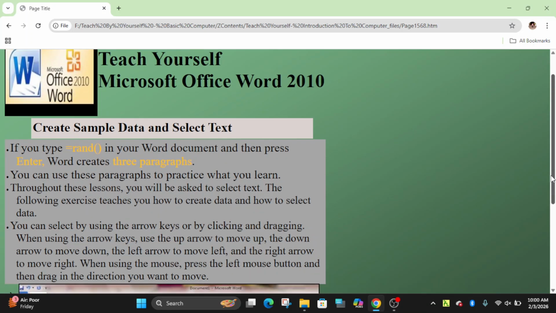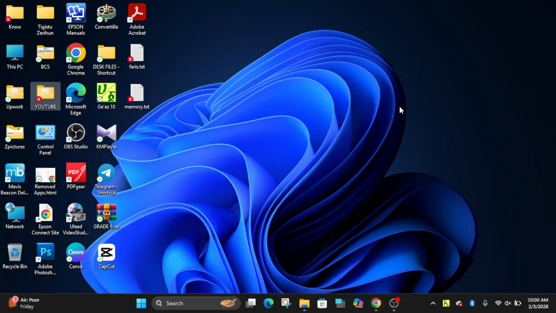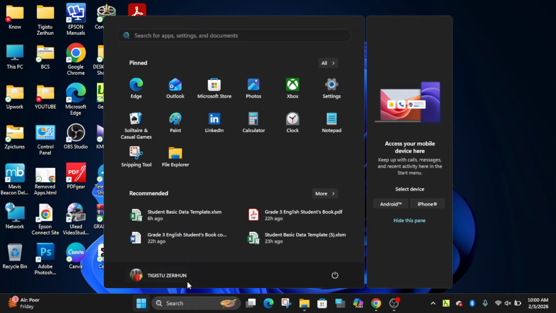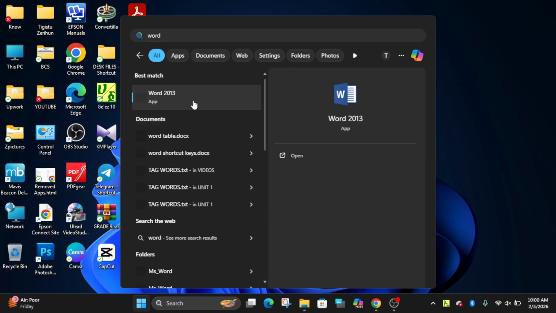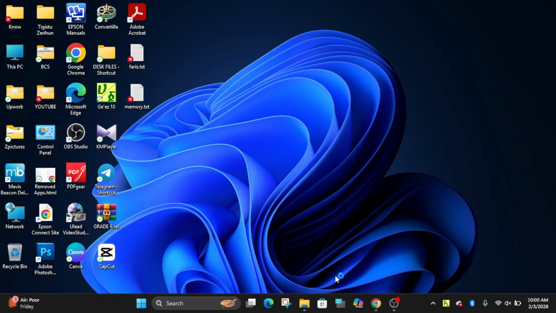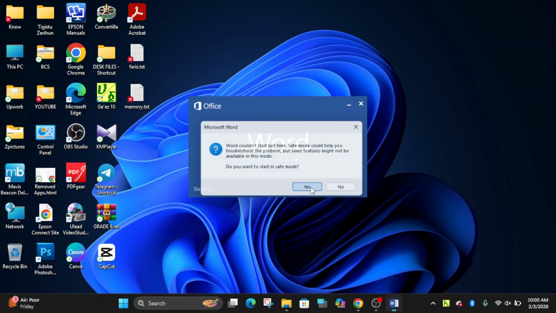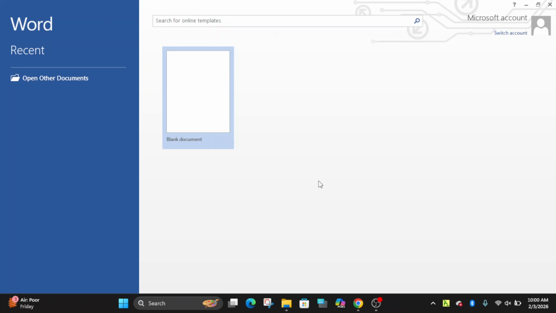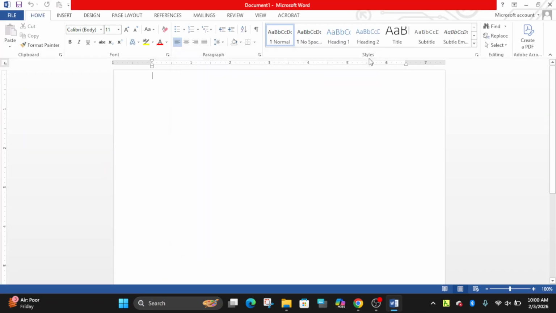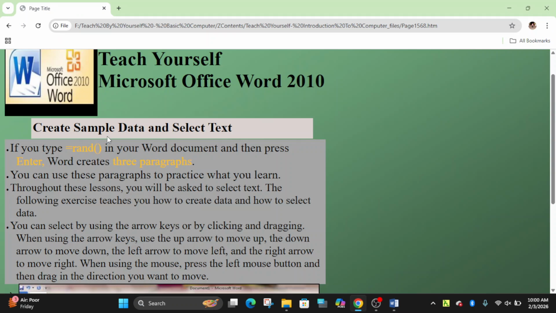This is how to create sample data and select any text inside MS Word, how to select using just a keyboard and a mouse. I will demonstrate. But before that, creating sample text.